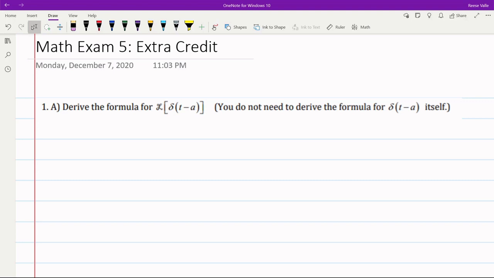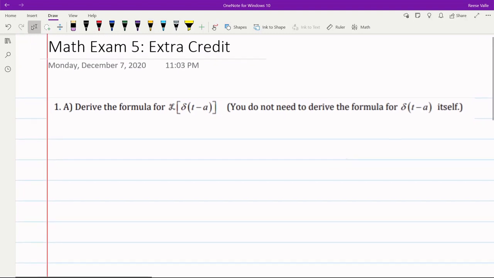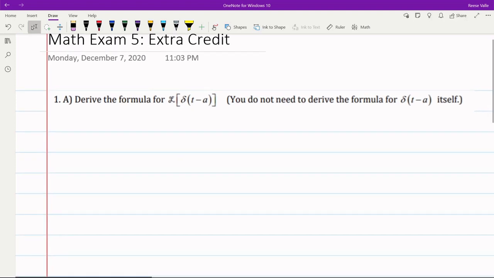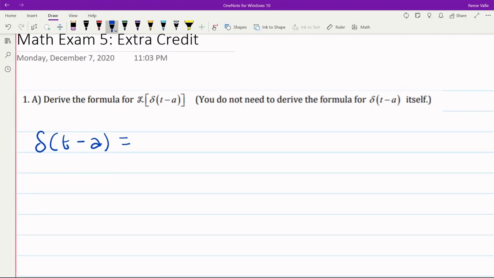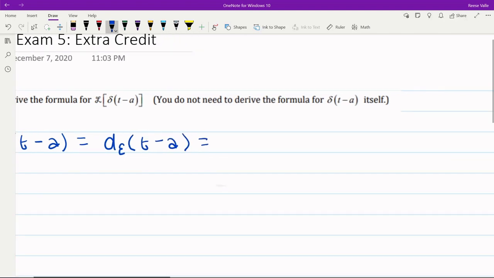The first one asks to derive the formula for the Laplace of delta of t minus a. She added that you do not need to derive the formula for delta of t minus a. So we'll just assume that delta of t minus a is equal to our function d sub epsilon of t minus a, and that's going to be equal to